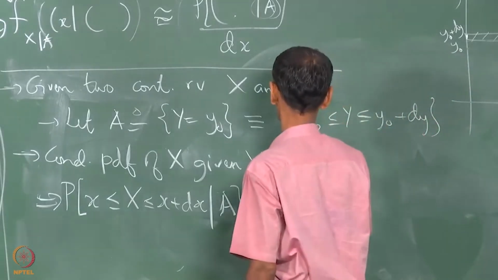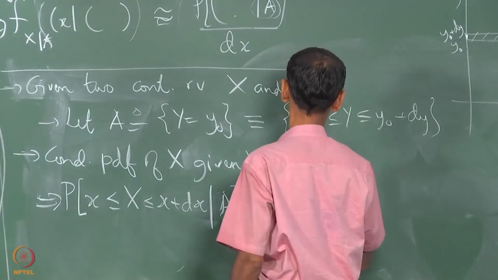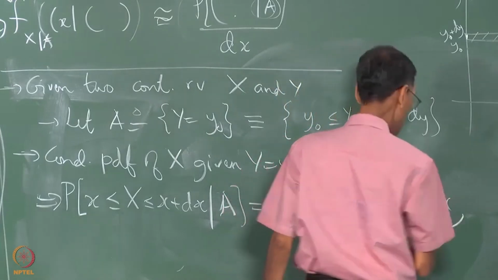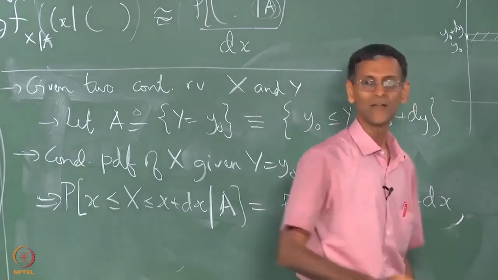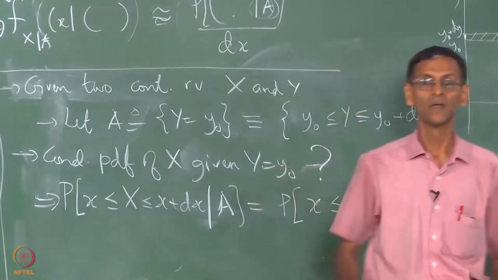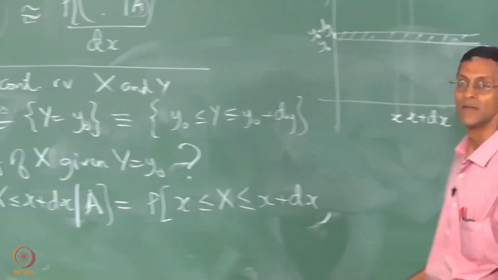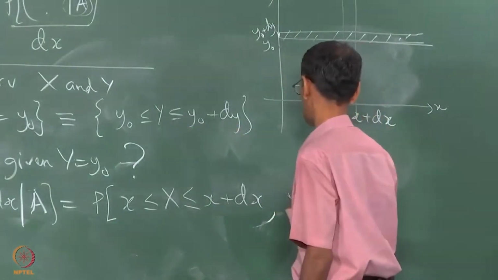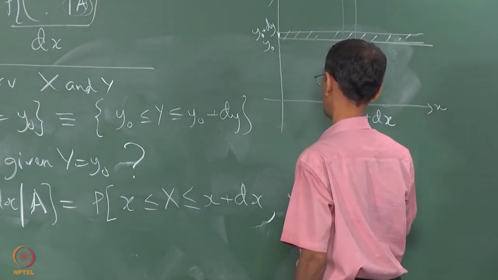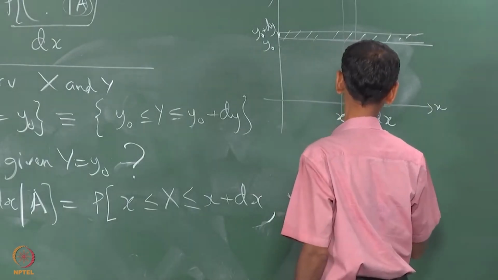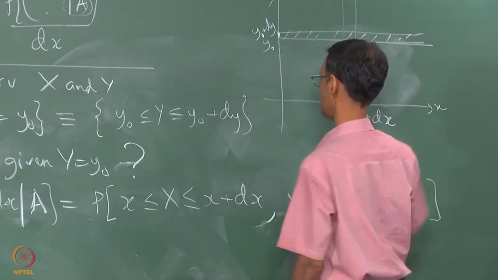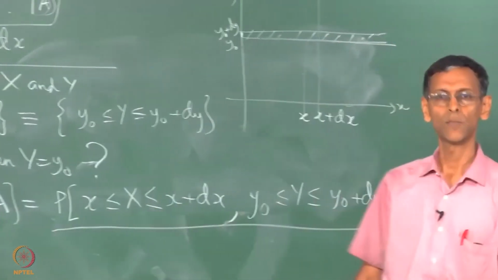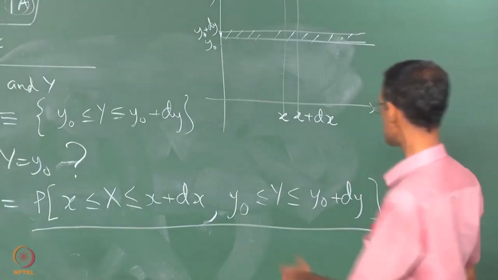So we have to write this as the probability of b comma a, but now I will expand a. How do I expand a? I expand it like this, y naught less than y less than y naught plus dy, divided by what? Probability of a, which is